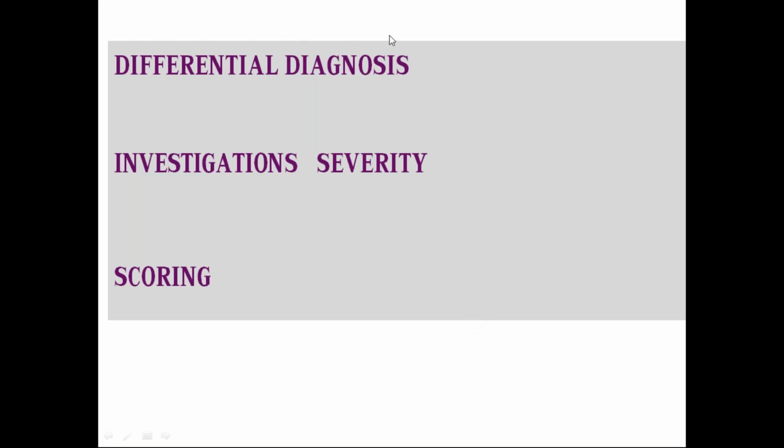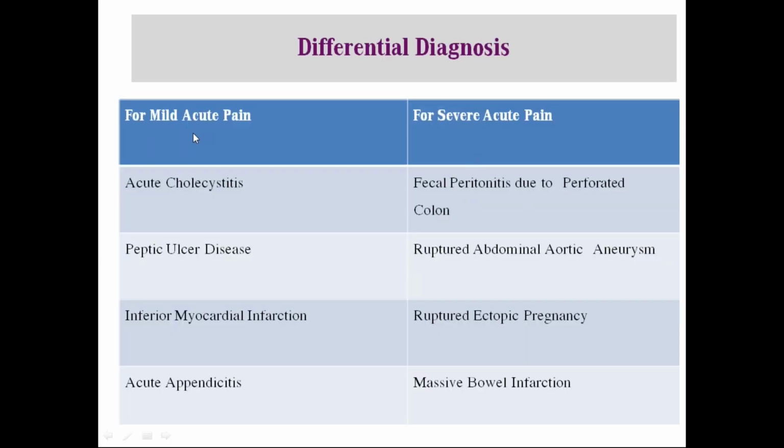So coming to the differential diagnosis and investigations to confirm your diagnosis, grade the severity of the patient, and plan a treatment accordingly. There are various scoring systems available. For mild acute pain, the differential diagnosis includes anatomically